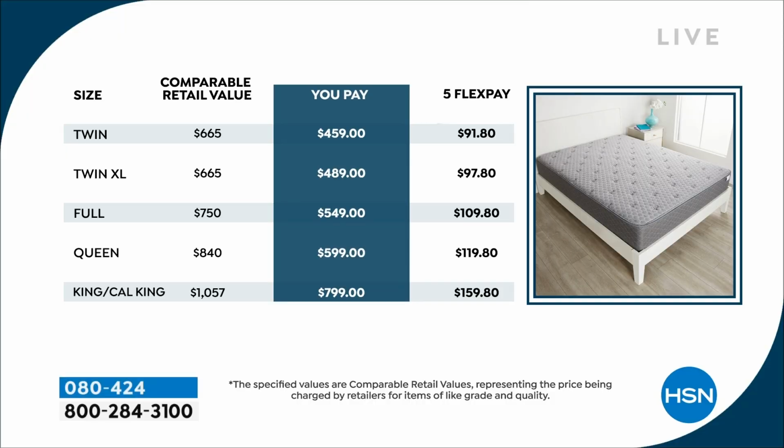You choose your size. Twin XL, I will say, is almost gone. We've got a handful, literally about 5 of them. Great for dorm rooms, great for extra length, great if you have a split king. You typically need 2 Twin XL size mattresses, all the way to King, California King. But if you look at the queen size, that tends to be our most popular. Comparable retail value compared to what you're paying today, which is right in the middle,